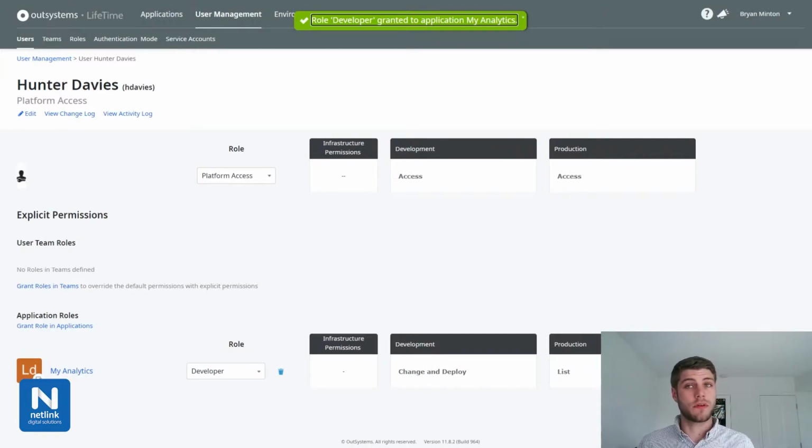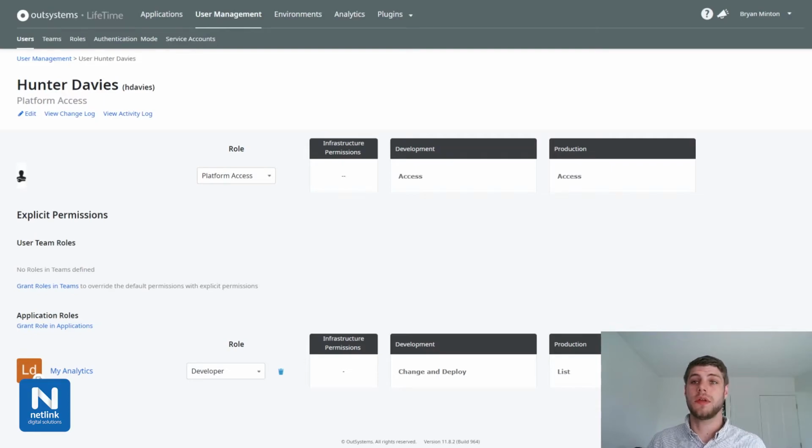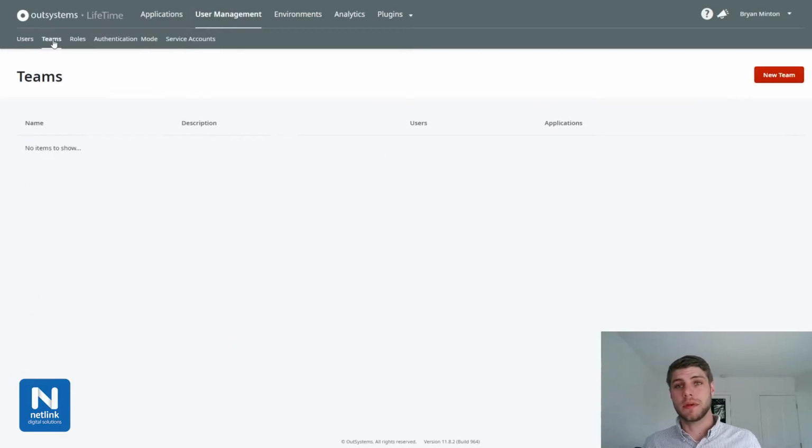Now, this is good for an individual user in an individual application, but what if we want to create a few users that will have access to a set of applications on the platform? This is where Teams come in. Teams allows platform administrators to create a group of users that have specific permissions to an application or a set of applications. To create a team, we're going to go ahead and go to the Teams tab under User Management